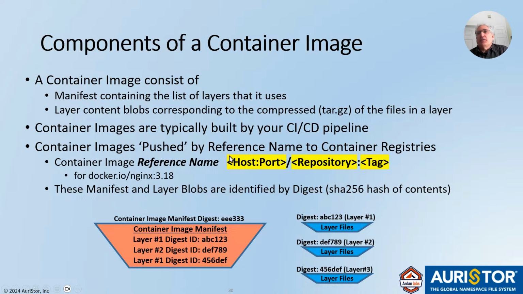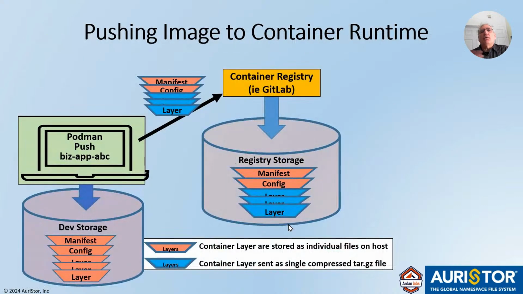For those of you who aren't familiar with containers, it's a little confusing. Repository is really the name of the container, and tag is the version. I don't love the name. So this is called the registry name, the repository name, and the tag. Here the container is a manifest with a list of named layers, and a list of ID'd layers, and there's the list of the files. When you build your container image, you have a bunch of files and layers. They're real directories. We'll see that in a second.